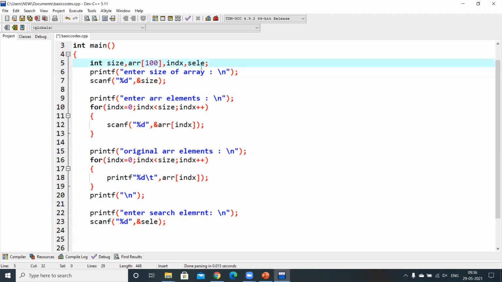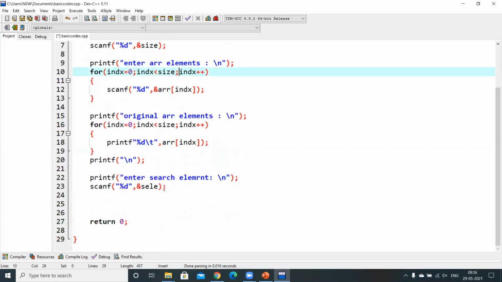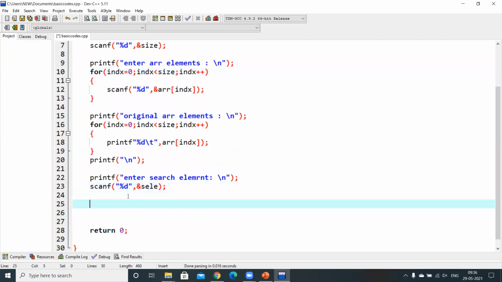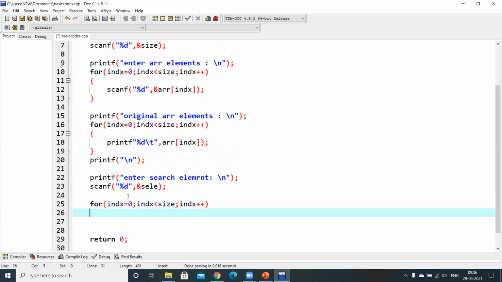In order to get it, let me take the status value initially to 0. If a matching has been done, I will modify the status value to 1. Before that, see, for every index, right? For index equal to 0, index is less than size, index plus plus. Now what I need to do?